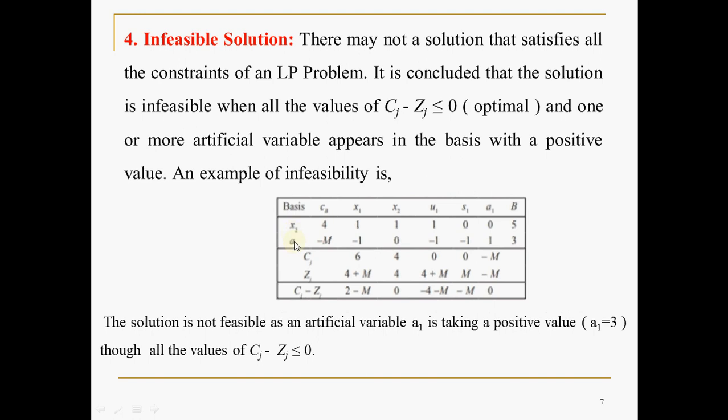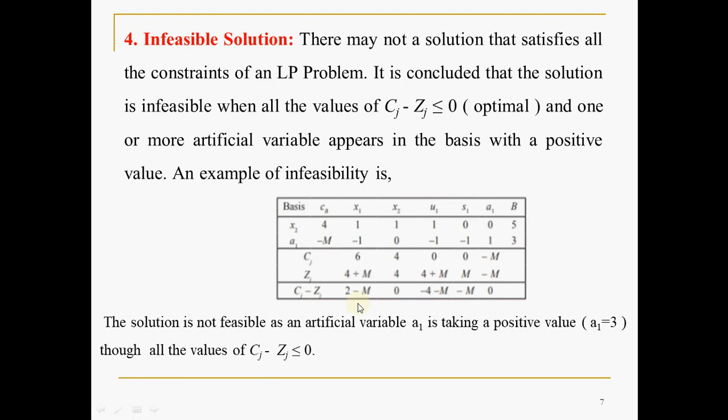But the artificial variable is a virtual variable, as we discussed. So there is no physical meaning for the artificial variable. But in this case, what is happening? A1 is appearing in the basis with a positive value. There is no sense of having a positive value for the artificial variable. If it is there in the basis, fine, no issue, but it should be with 0 or negative value. But in this case, what is your observation? A1 is taking the value of B, that is RHS equals 3. So the solution is not feasible, though it is optimal.